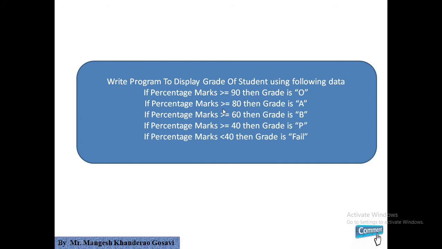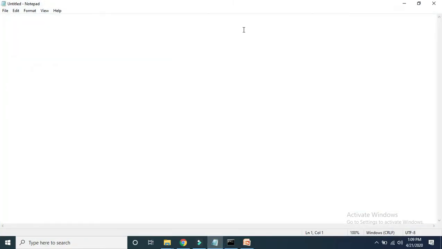Now, what is the input we require for displaying the grade of a student? We will require percentage marks, so we will take the percentage marks of the student from the user. Let us write this program. I want to take percentage marks from the student, so we have to define a variable. We already discussed in our previous video how to take input. We require percentage marks in float, so we have to convert it into float, and then call the input function. The syntax of this we have already discussed in our last video. If you have not yet seen our previous video, please refer to it first and then proceed with this one.